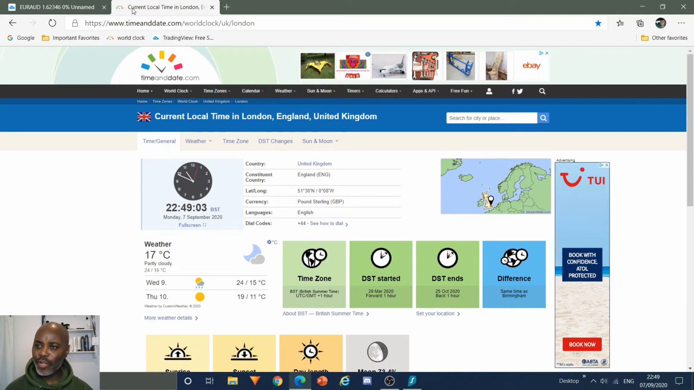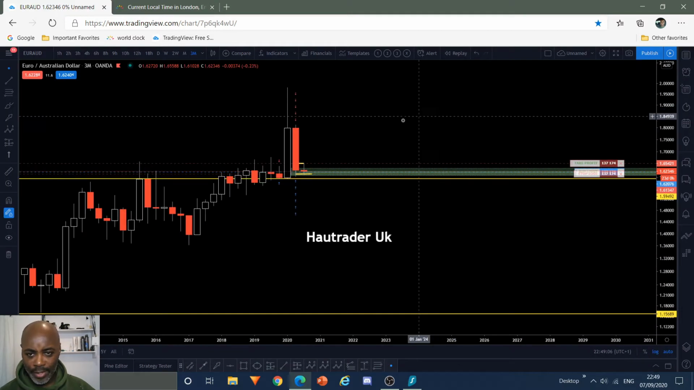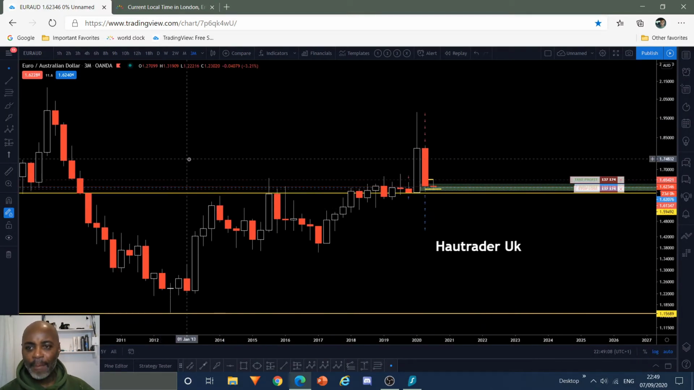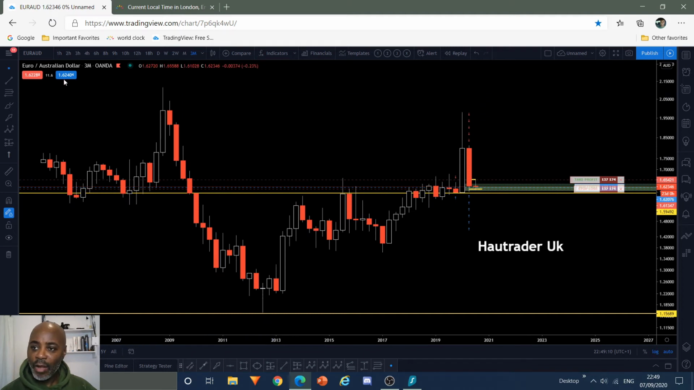I'm going to jump straight over to the charts here. Not going to mess about now. We're going to go straight into a potential trade that might play off. So where we are now, we're here on the 3-monthly chart of the euro Australian dollar, and we are looking at this chart, and what we're seeing